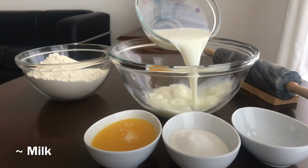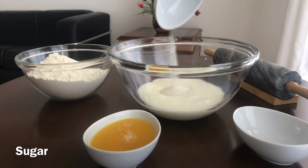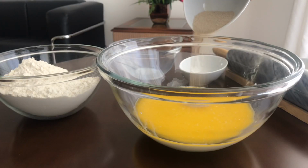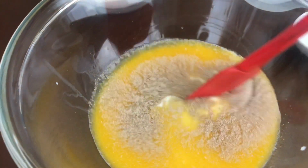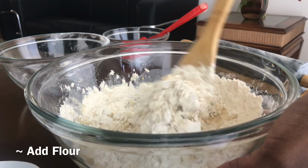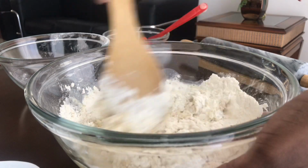To start, go ahead and add milk into your bowl, add in some sugar, melted butter, and your yeast. Mix that in and go ahead and cover that and leave it for at least 10 minutes to allow your yeast to bloom. Once your 10 minutes are done, go ahead and add in your 4 cups of all-purpose flour